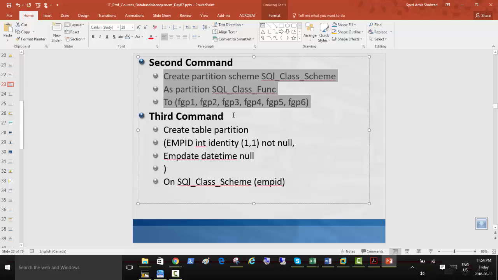So each partition is connected to a secondary database, and all the data that we're going to later test will be divided into these secondary databases through these file groups.